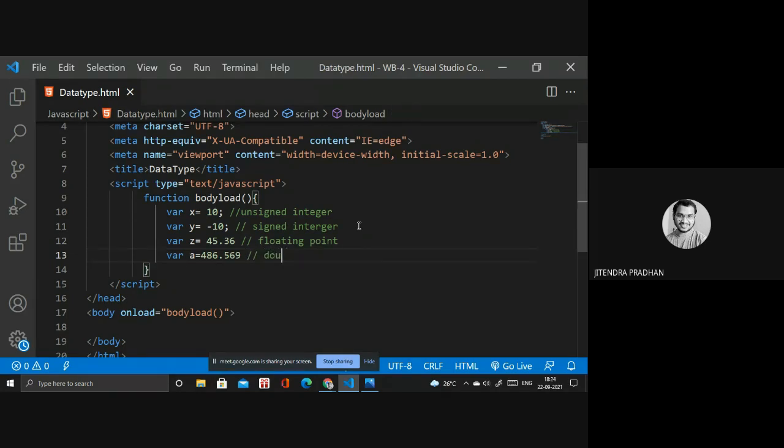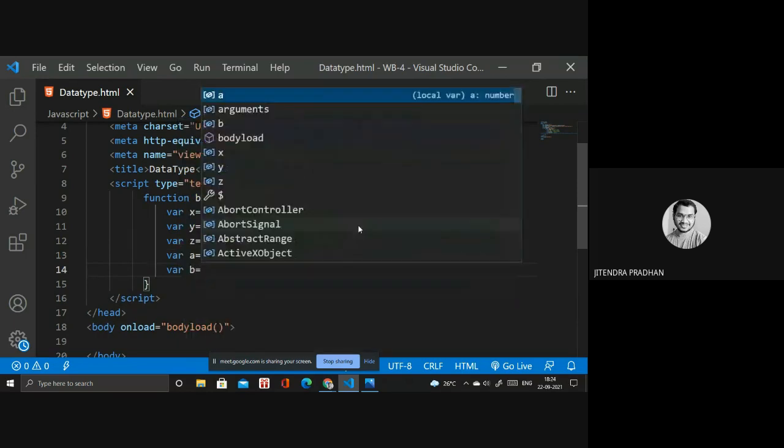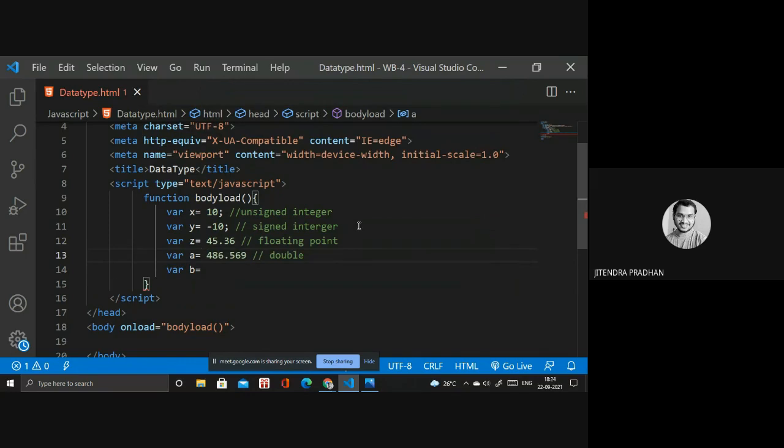Next variable b, decimal point, like 40.8569, whatever you need. So there are many places: up to 3 means double, up to 2 means floating point, and up to 29 places plus, that one is decimal.